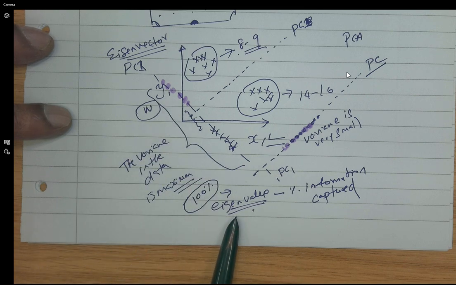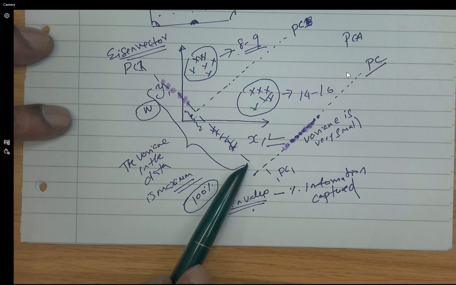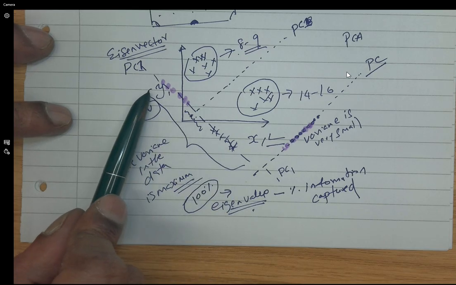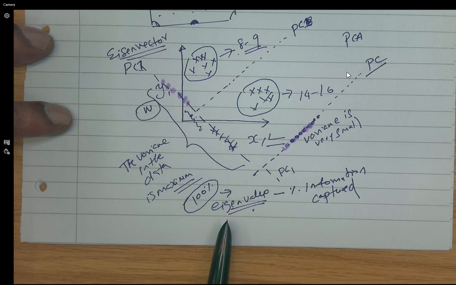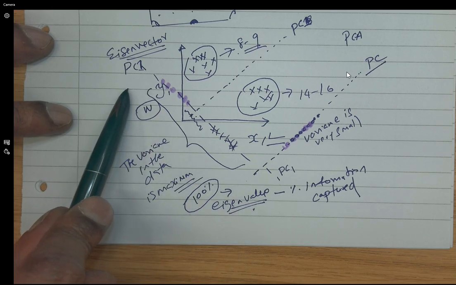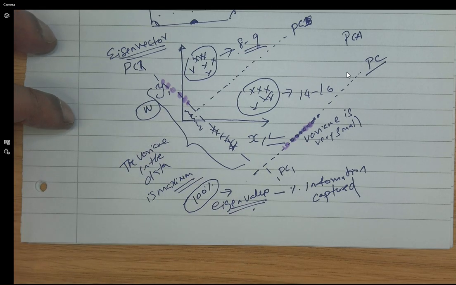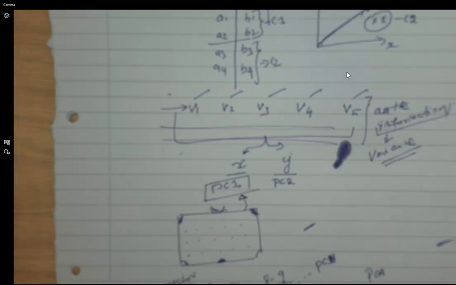So if for this vector, which is your eigenvector 1, which is nothing but your PC1 or principal component 1, the percentage of information captured on this line comes from the eigenvalue that corresponds to this eigenvector. So these are the buzzwords that you have to remember. So to summarize,